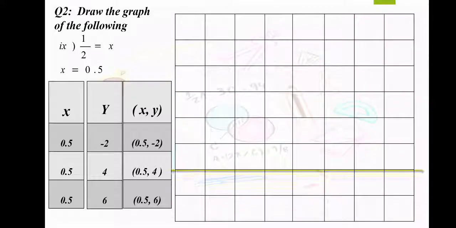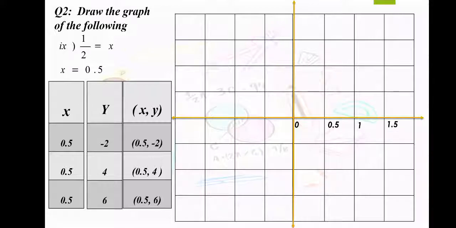On the graph paper, draw two mutually perpendicular lines for the x-axis and y-axis. Mark the origin. On the origin, place the value of x and y equal to 0. Now in the x column, the value is 0.5, so you have to take the values of the x-axis in decimal form. The first point is 0, that is the origin. The second point is 0.5, then 1, then 1.5. Here you can see on the positive x-axis, the difference of the numbers is 0.5. On the negative x-axis, -0.5, -1 and -1.5.